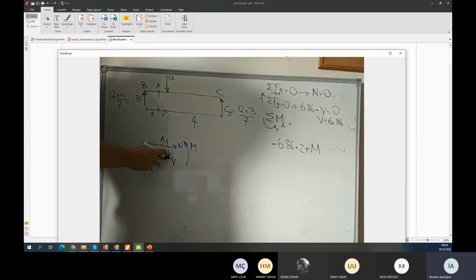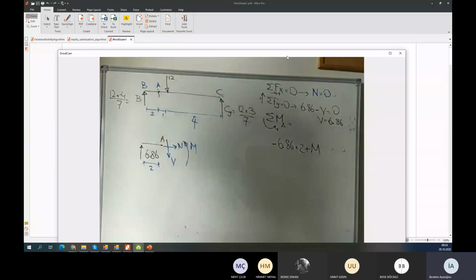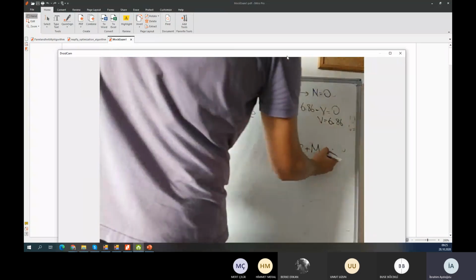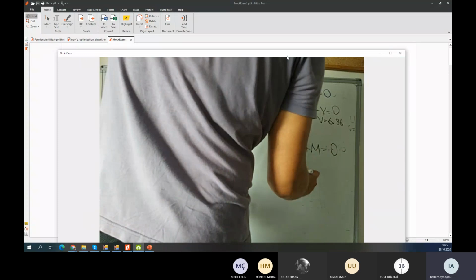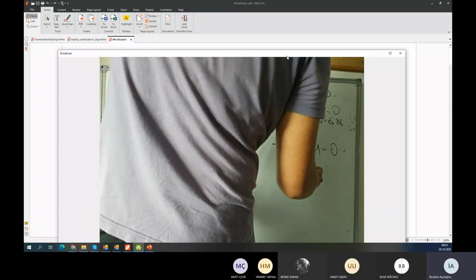The shear force does not produce moment because the shear force direction passes through point A. Therefore, I don't need to write the shear force term in our equation. So it's 0. You can see moment is equal to 13